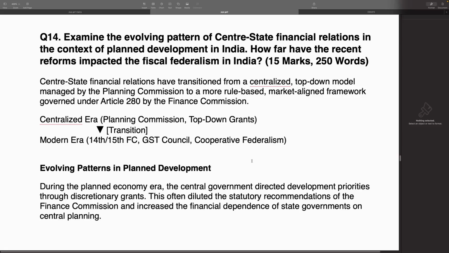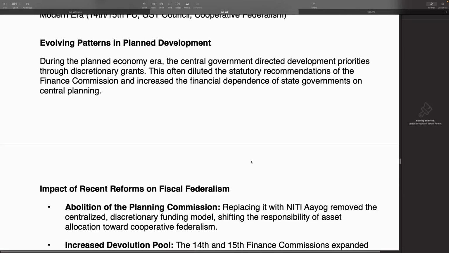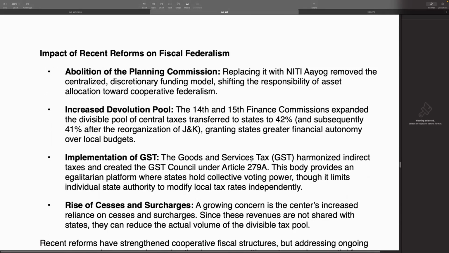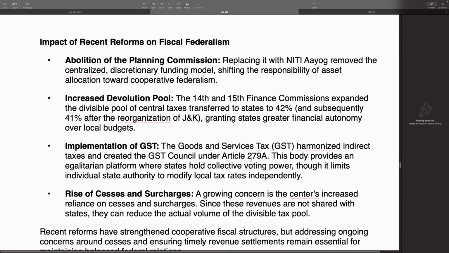The centralized era, Planning Commission, top-down, and all this is the flow diagram, and evolving patterns in planned development. During the planned economy era, the central government directed development priorities through discretionary grants. These often diluted the statutory recommendations of the Finance Commission and increased the financial dependence of state governments on central planning. Impact of recent reforms on fiscal federalism: abolition of the Planning Commission, replacing it with Niti Aayog, removed the